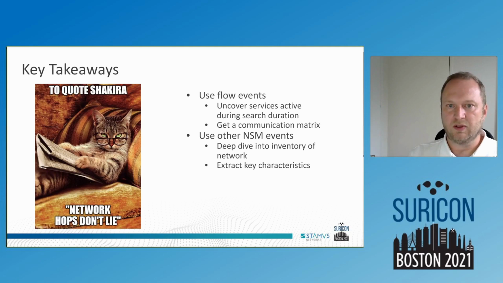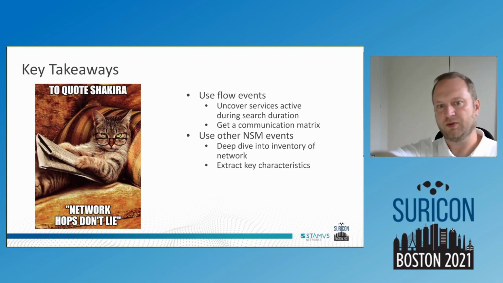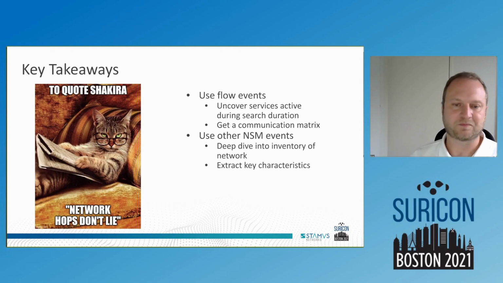This is really valuable to extract the key characteristics of one host and try to categorize it. For example, one common thing that we will see during an attack is that a service will appear on the host following the attack, because the attacker wants to connect back from some other boxes and then transfer files or things like that. So it is really useful to know that we got an attack and then a new service coming in on one host that we have known for a really long time. This is really powerful and helps you understand what is happening on your network, because bad guys need to get out, so you will see them.